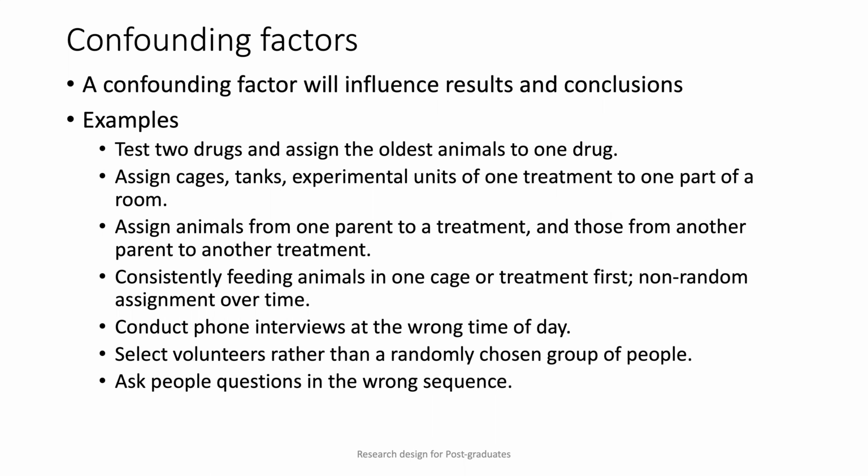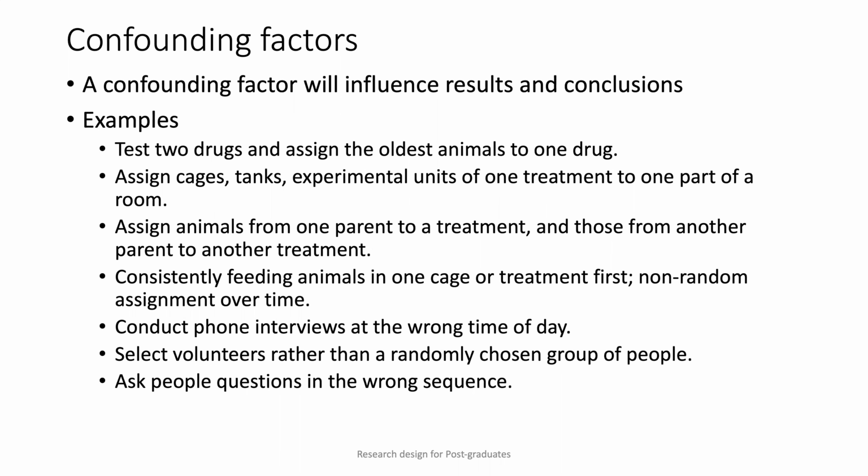And whatever answer you get from your phone interviews will actually not be representative for people in general, because the ones that aren't there, they weren't interviewed. Or, for example, if you do a study where you select from volunteers rather than from a randomly chosen group of people, maybe volunteers for a study are already biased for something, or maybe they are not really representative for the whole group. So again, it can then become a confounding factor for your study, depending on where your